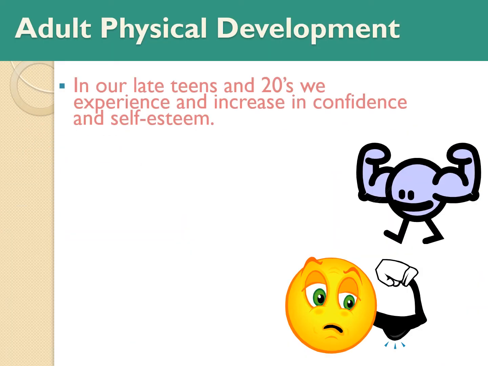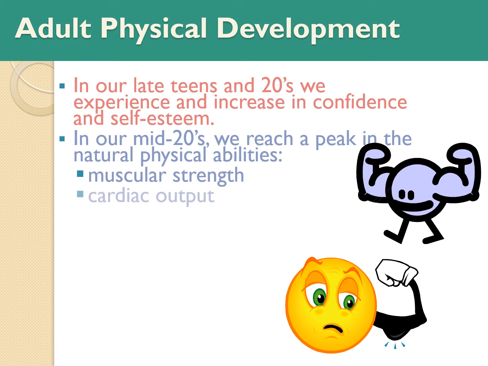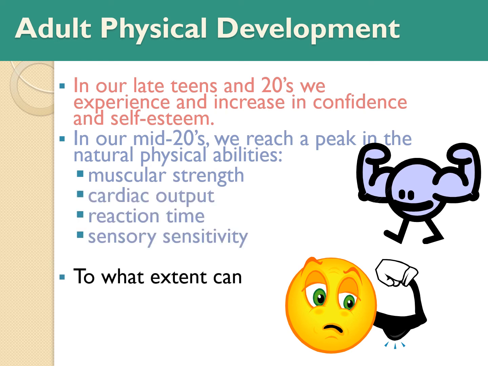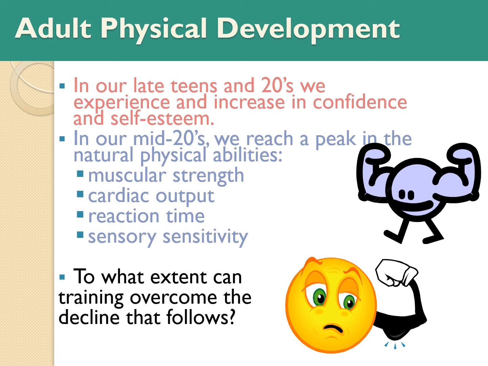When we look at physical development, know that you are at your highest capacity, at the best you will ever be, in your late teens and 20s. Period. It's all downhill from there. You will not only be at your best physically, but your best emotionally. You have the highest level of self-confidence, self-esteem, all sorts of things happen in our late teens and our 20s. Typically, they happen when you move out of your home and start to live on your own, and that's when that peak tends to happen.